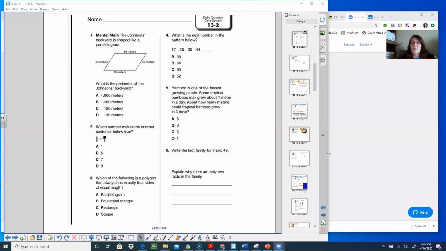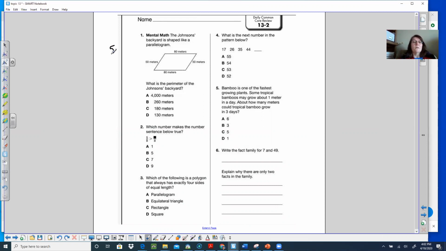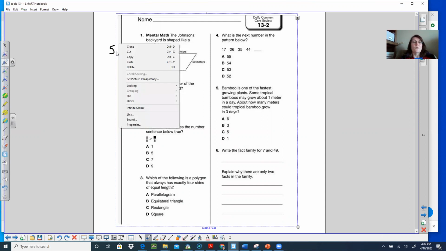So on our digital Common Core today, number 1, it says the Johnson's backyard is shaped like a parallelogram. You'll notice that opposite sides are equal. If both of these sides are 80, and both of these sides are 50. On a problem like this, we want to stack it and add it, so don't be lazy. So stack your 50, stack your